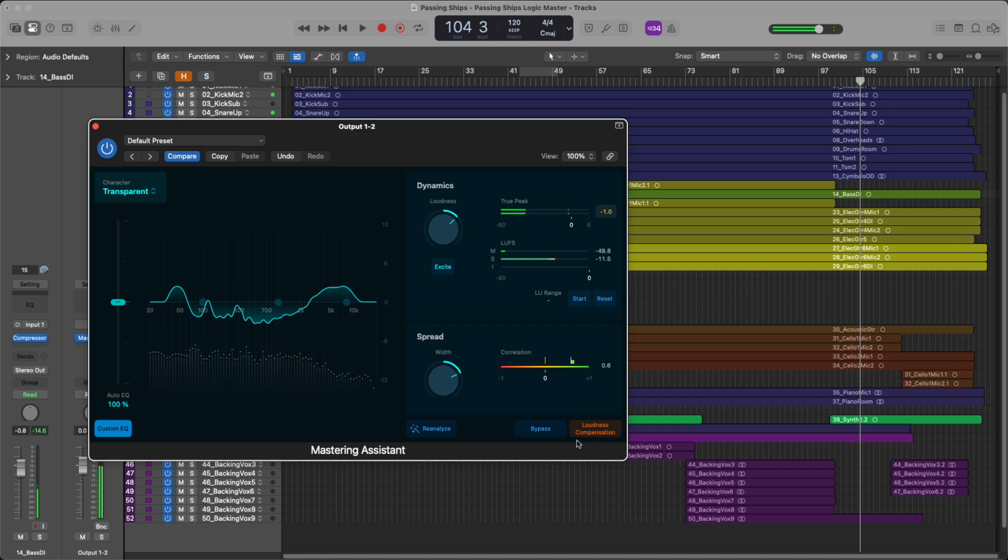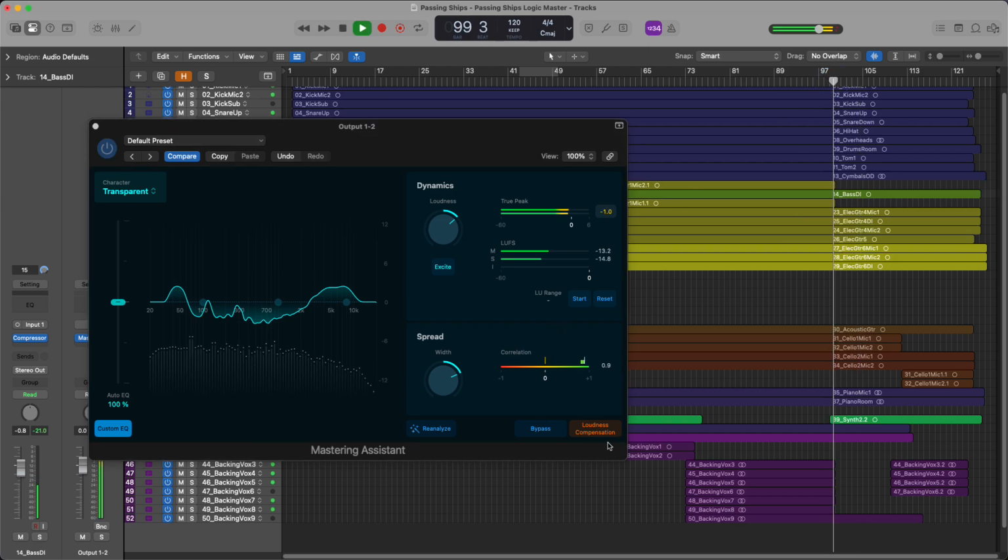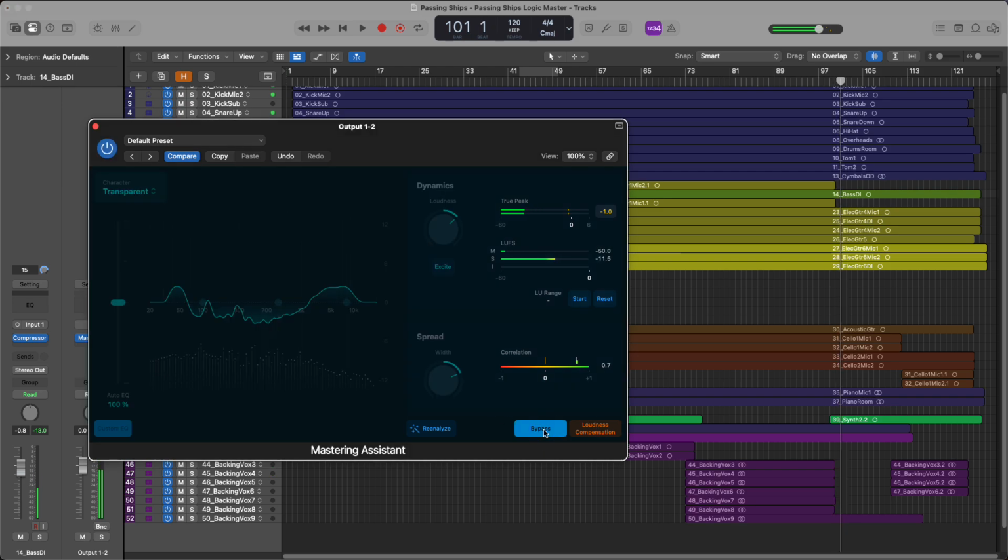And then this is one of the most special parts of the whole plugin, I think, is the loudness compensation. So what this will do is it will just match the input loudness to the output loudness, so that you can hear just the character of what you've done as opposed to just the loudness of what you've done. So when I play with this button, and then I bypass,